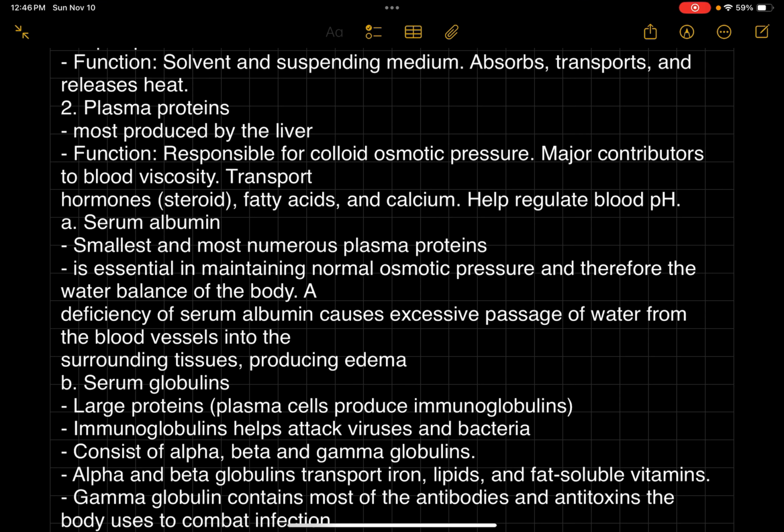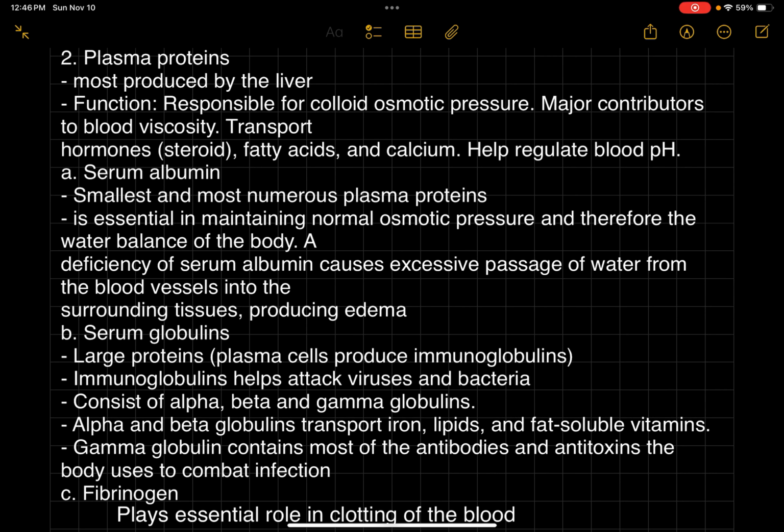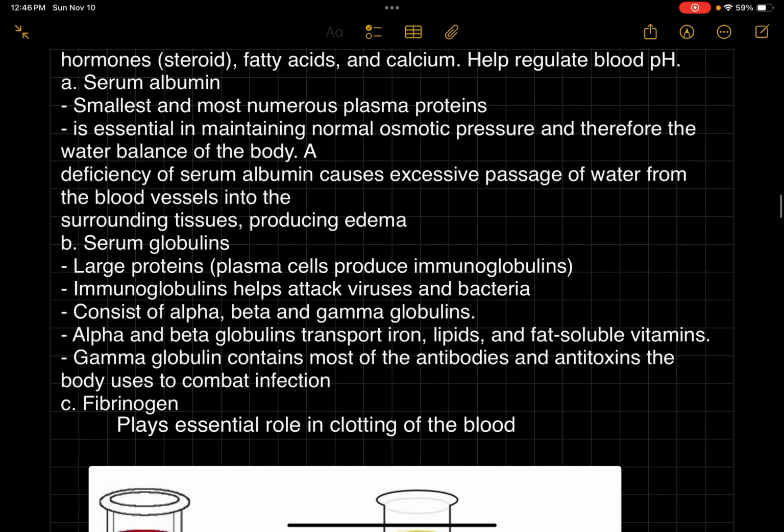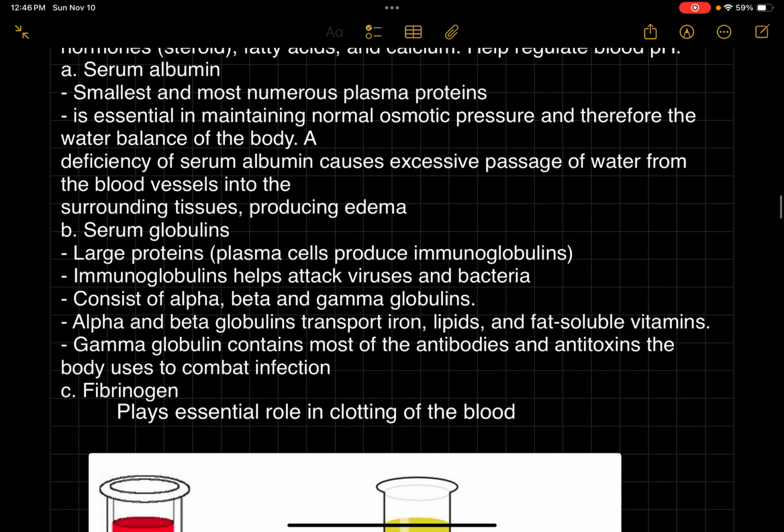the smallest and most numerous plasma protein, essential in maintaining normal osmotic pressure and therefore the water balance of the body. A deficiency of serum albumin causes excessive passage of water from the blood vessels into the surrounding tissues, producing edema. So serum globulins, large proteins, immunoglobulins, help attack